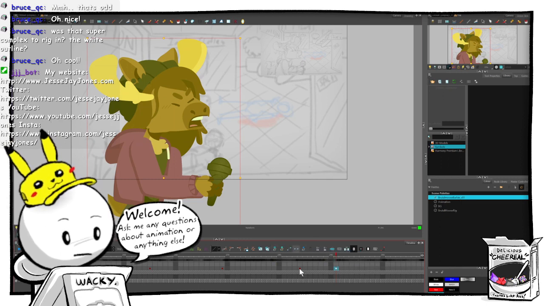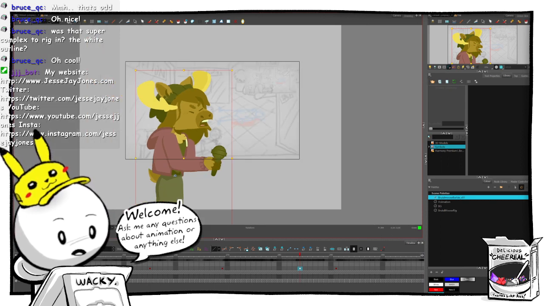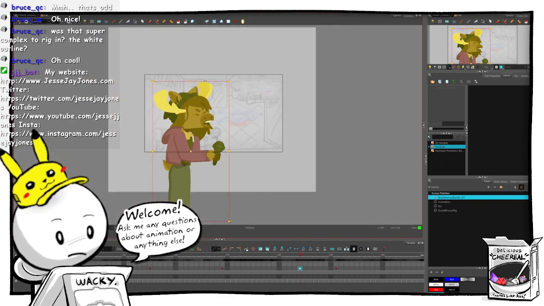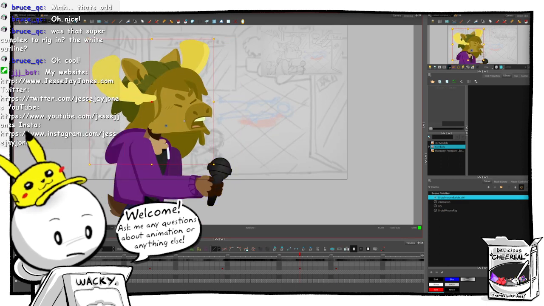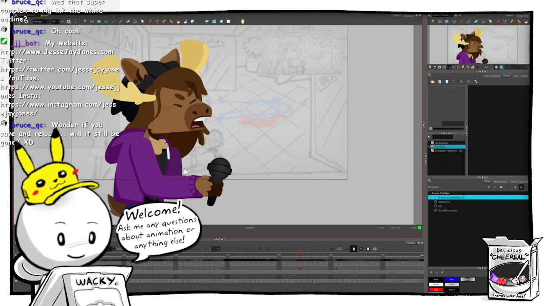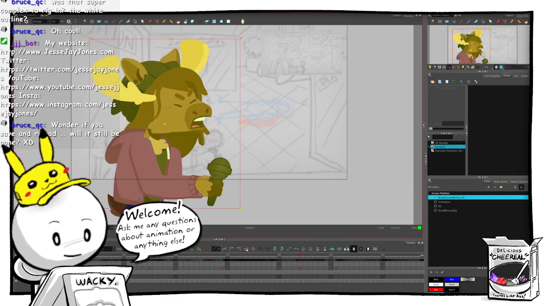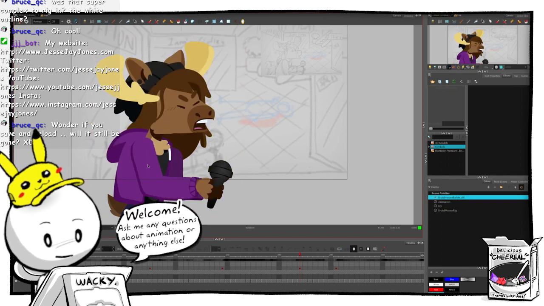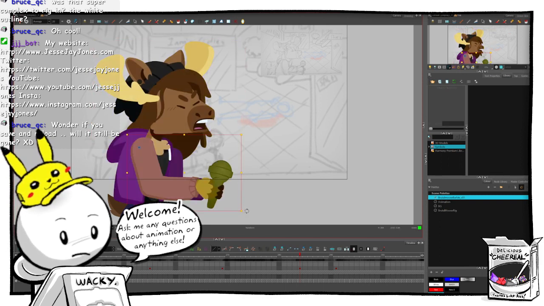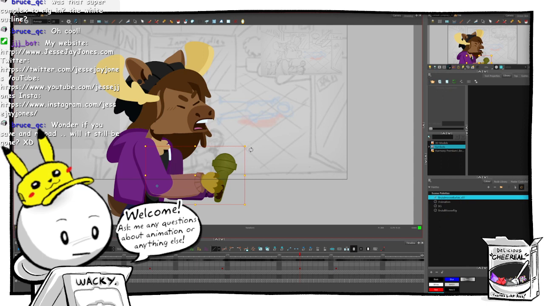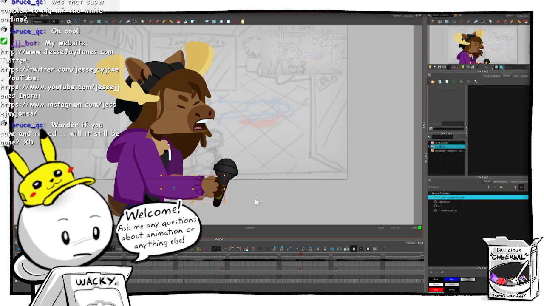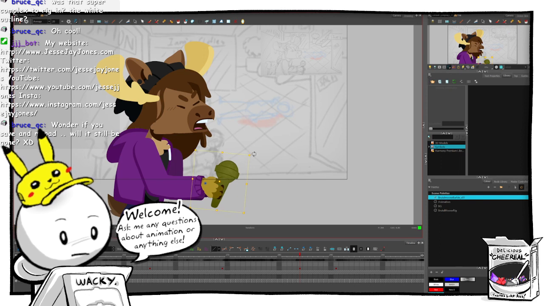This will be the settle, and then we'll make this the overshoot. Just push things down. Keep that straight. Rotate that a bit.